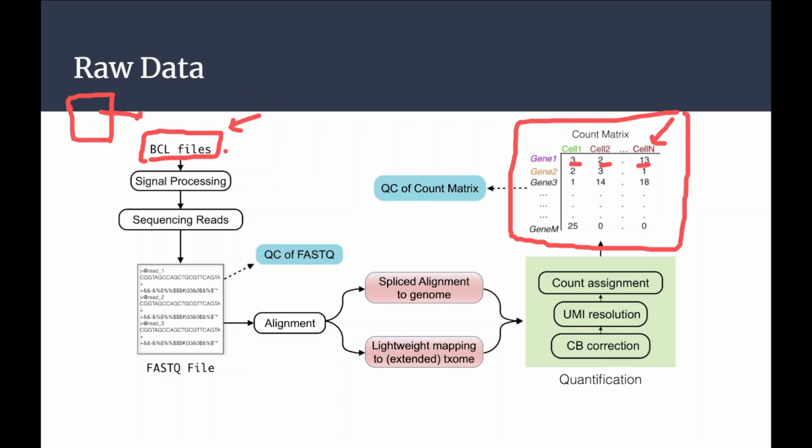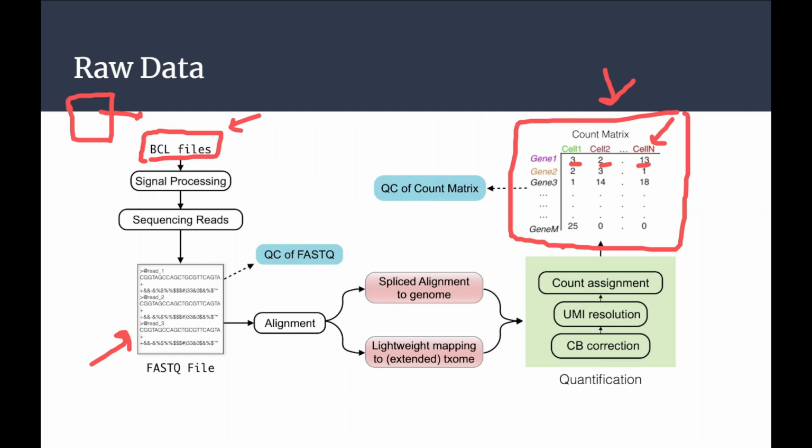So how are we going to convert it? Illumina already has an open tool for BCL to FASTQ conversion. You can use it to convert and you will get the FASTQ file. After the FASTQ file, I was explaining, we have to do the alignment, we need to do some correction, and we need to reach a stage, which is the generation of the count matrix.